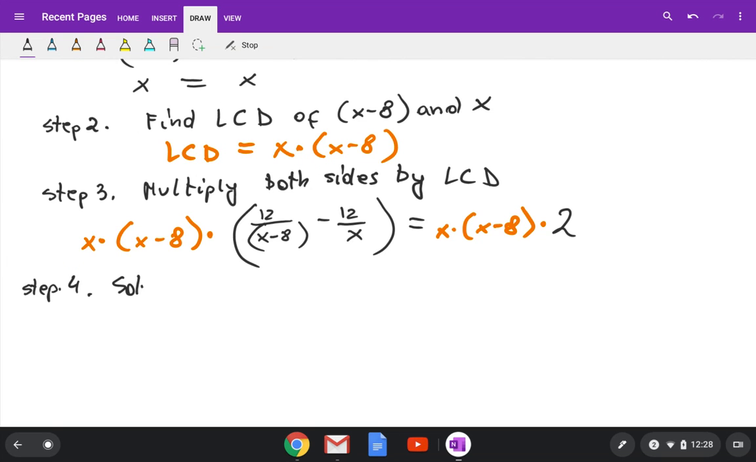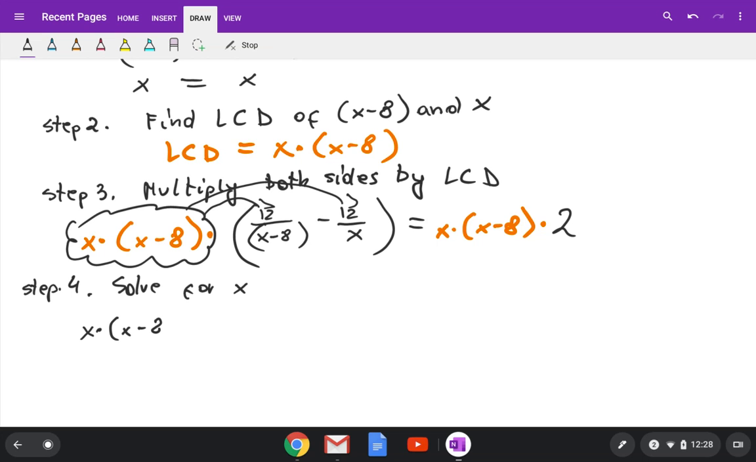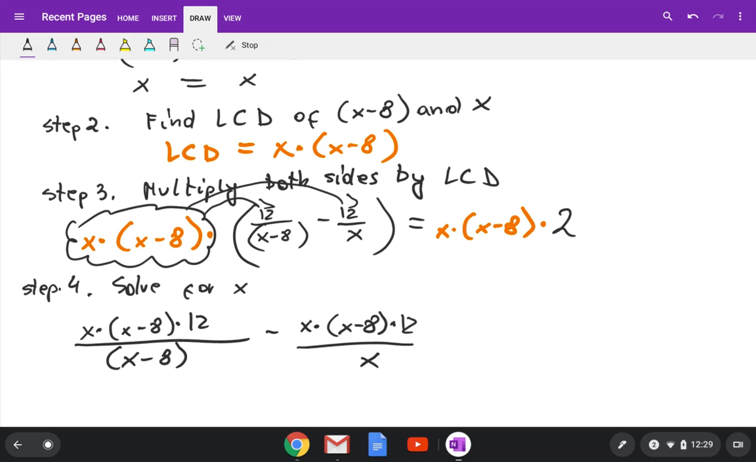Solve for x. Okay, so what we're going to do, don't distribute anything. You're going to treat that as one expression and multiply it by the numerator of each fraction. So that will be x times (x minus 8) times 12 over (x minus 8), minus x times (x minus 8) times 12 over x,